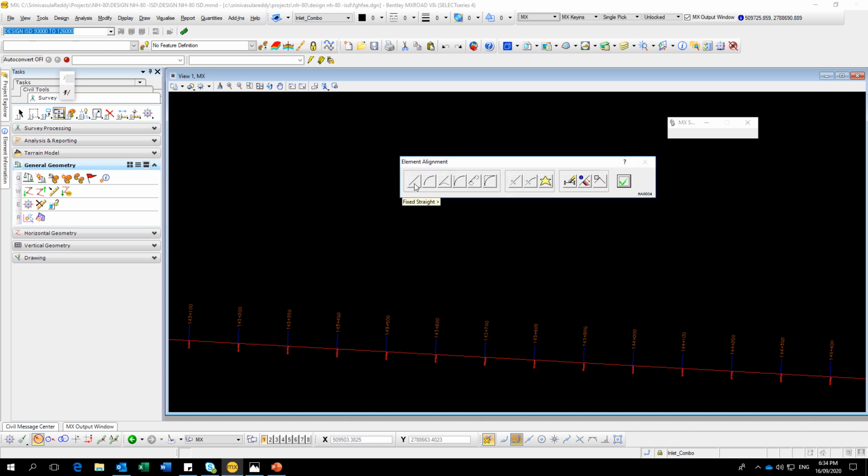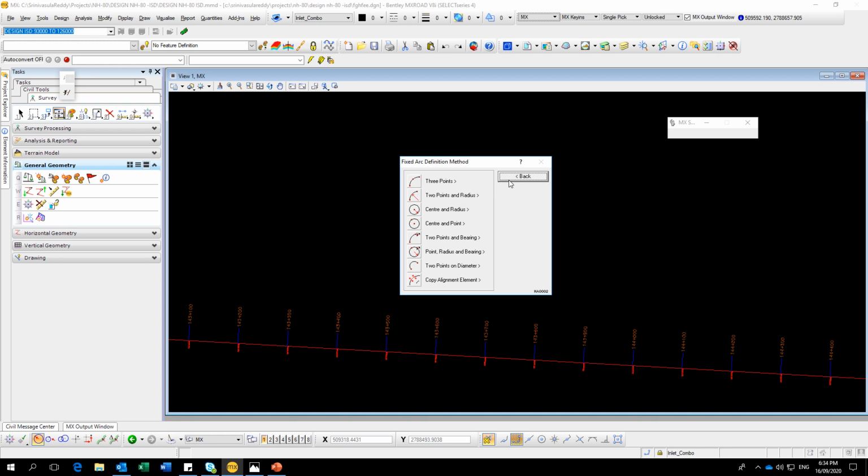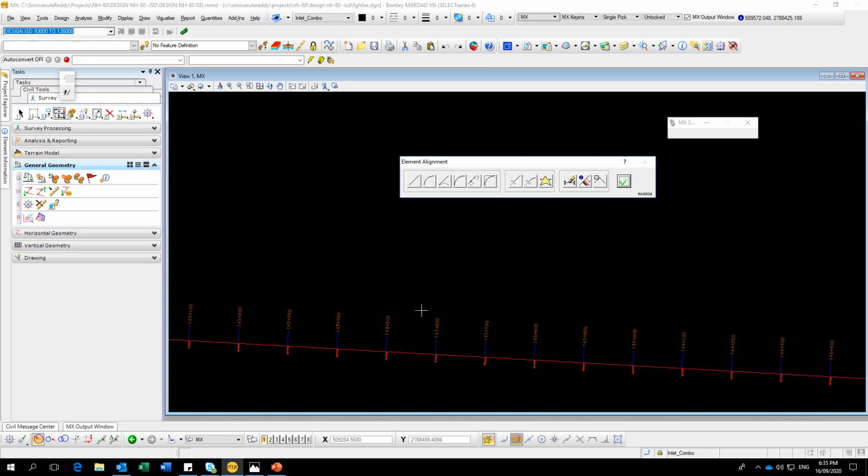This is a fixed straight. This is an entirely independent element. There is no connection with the back and forth. Then this is also similar, fixed arc. There is no connection with the other elements, but these are semi dependent. This float straight depends on the curve. Whatever the curve is there, it is dependent.